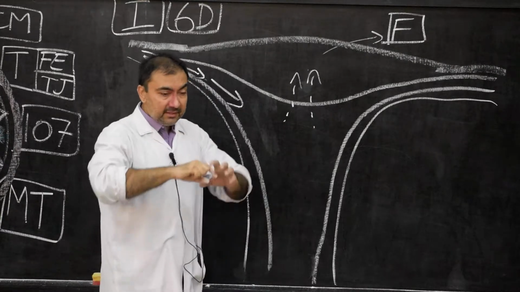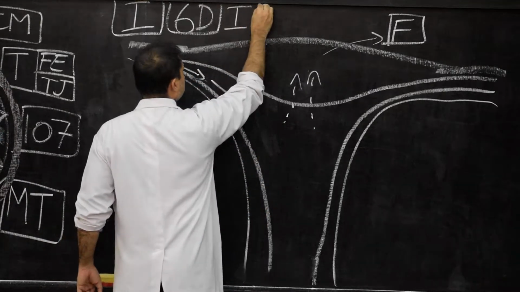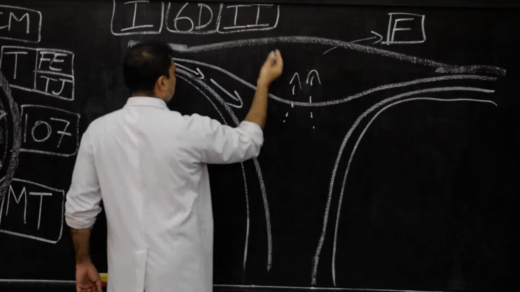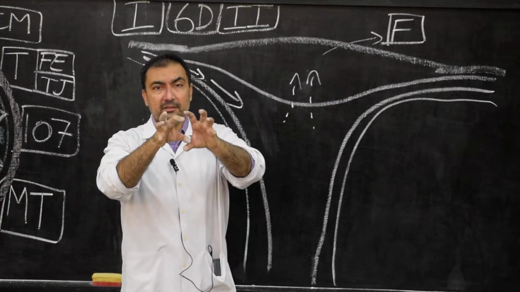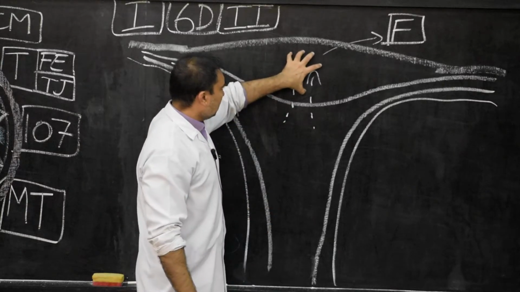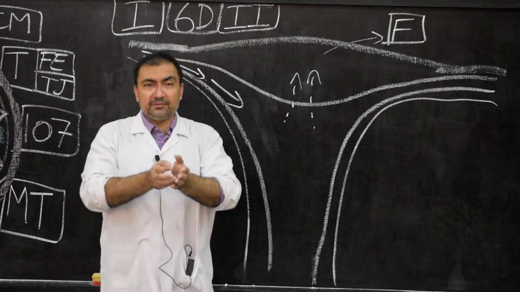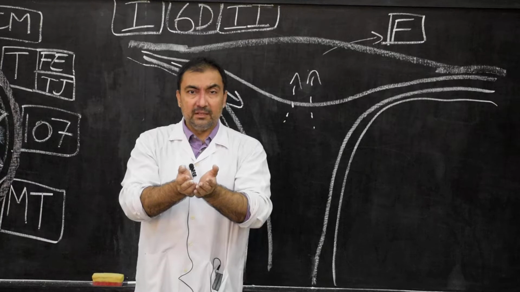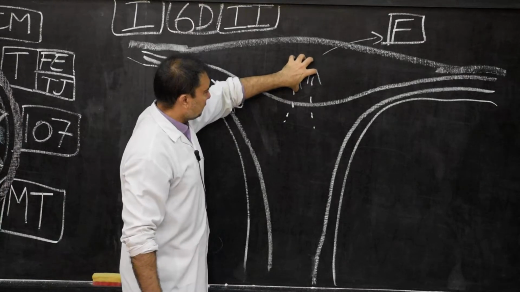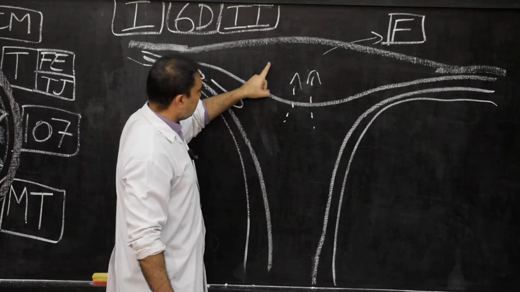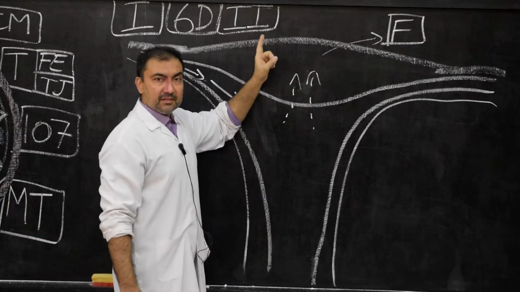Please note down, there are various types of implantation in various species. In humans, we have interstitial implantation. And what is the meaning of interstitial implantation? Very simple. When the entire blastocyst encroaches within the wall of the uterus and from all the sides the blastocyst is surrounded by uterine endometrium, that type of implantation is interstitial. That means if this is the blastocyst, it will be lying here within the wall, surrounded by the uterine endometrium on all sides.